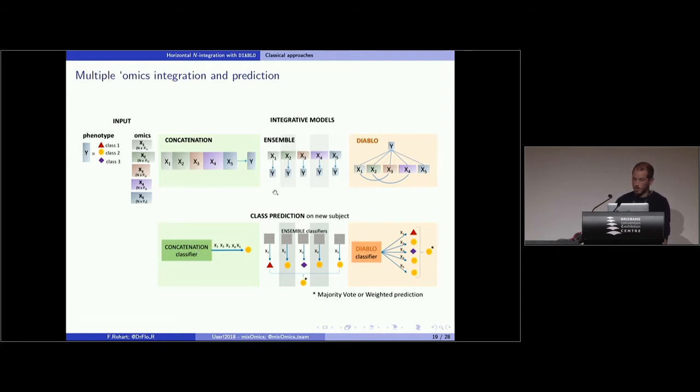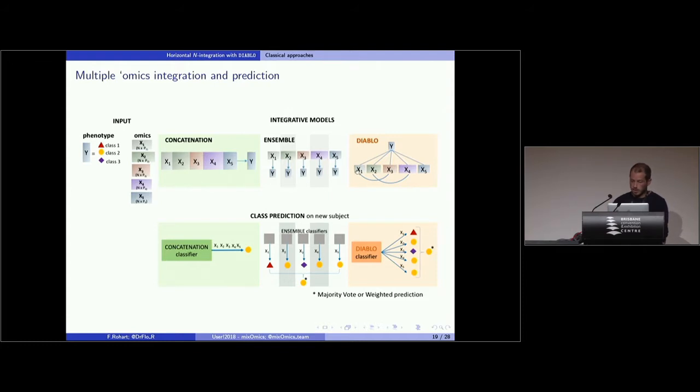In the ensemble approach, you analyze one type of data at a time. You analyze the transcriptomic data, which gives you a model, and you analyze the proteomic data, which gives you another model. When you do a prediction, you make a prediction for each type of data and then combine those predictions with a majority vote, a weighted prediction, or whatever kind of average you can think of.